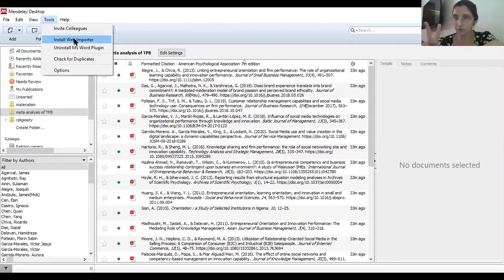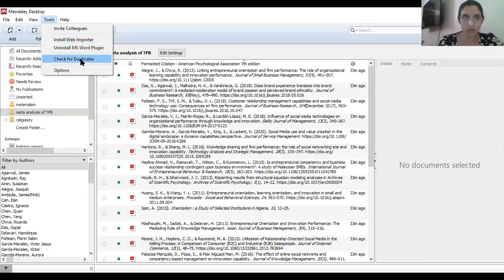Only if you have the web importer can I tell you how to take articles from the website. And only when you install the MS Word plugin can I tell you how to do referencing in a Word document with Mendeley. Please install both.